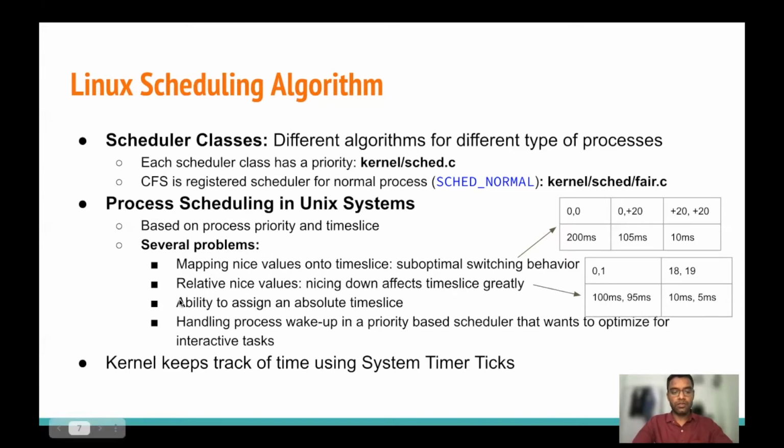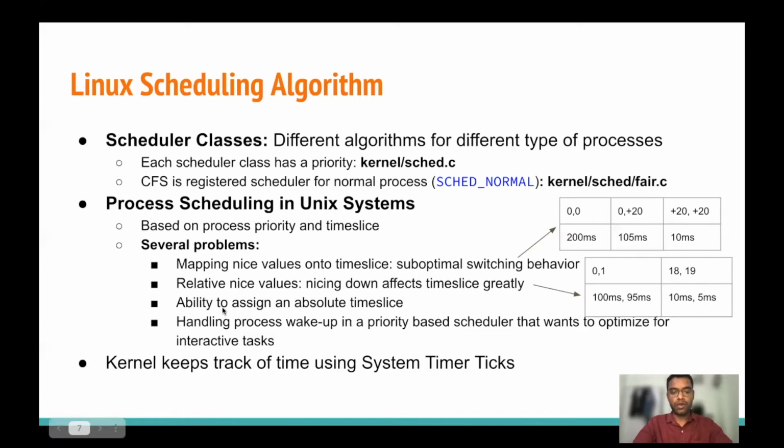And the third problem was assigning the absolute time slice to each process, but that is not possible because the kernel can measure the time with the help of the system timer that is running in the system, and each system timer has a different tick period. To assign absolute time slices, it should be some multiple of the system timer ticks, but system timer ticks are hardware dependent, so it was not a uniform property of Unix to assign